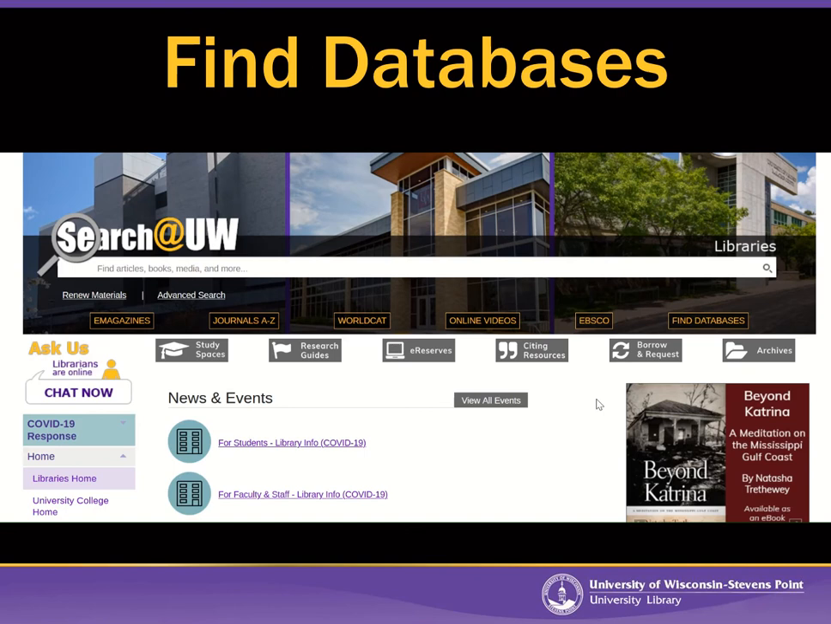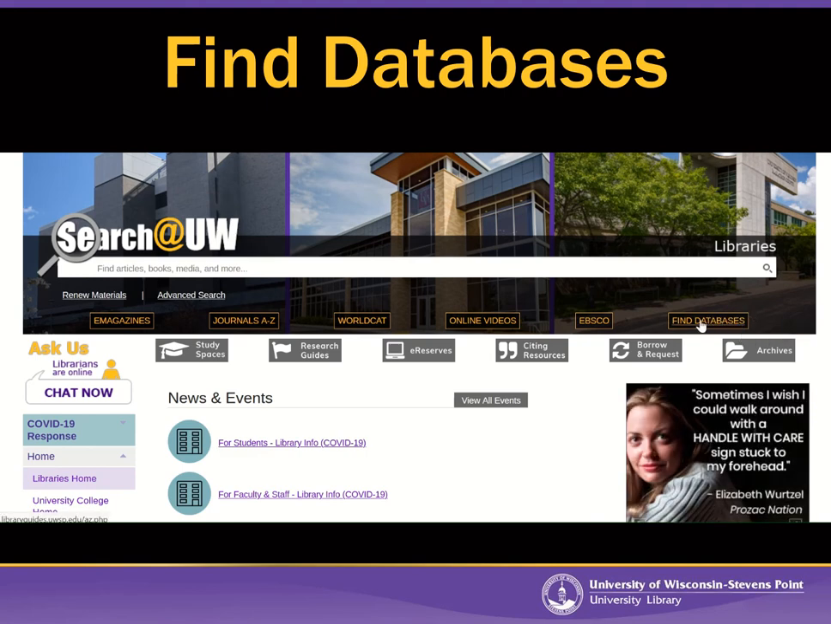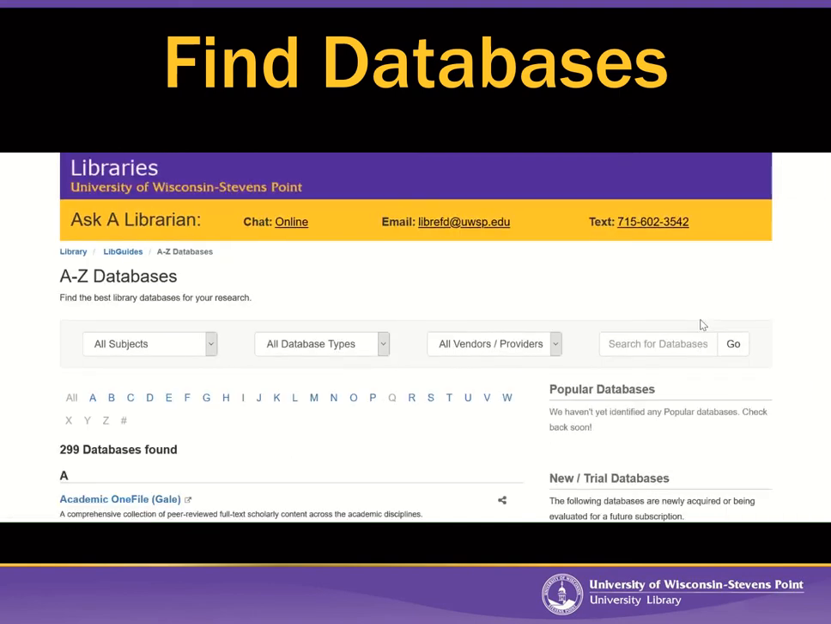You definitely can find articles in Search at UW, but another place to find articles is to search directly in periodical databases. For a listing of library databases, you want to click on this tab here called Find Databases from the UW-SP Library's homepage. So I'm going to click on that tab now. On this web page, it lists all 299 databases from the UW-SP